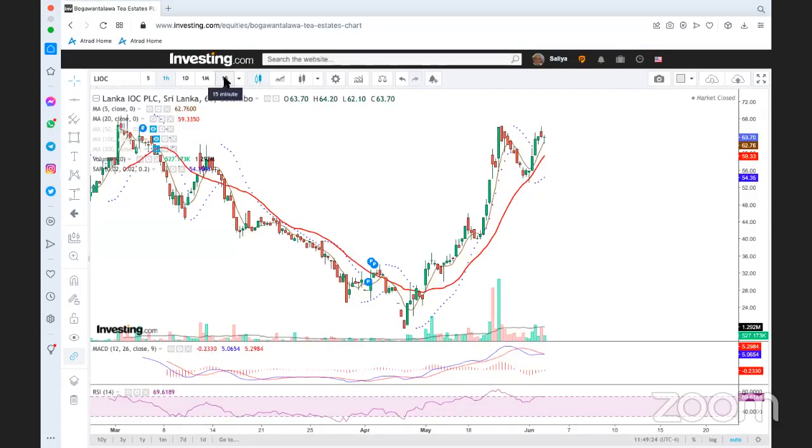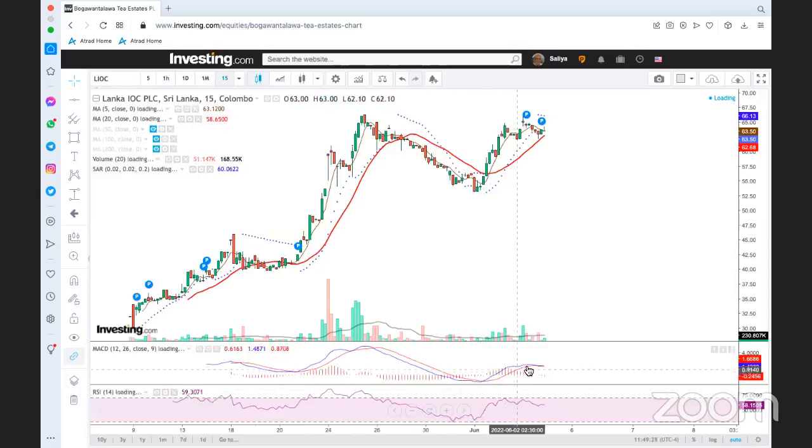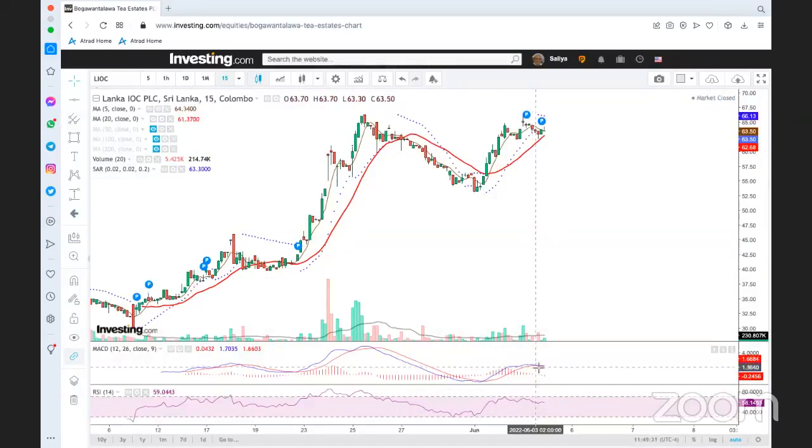As a result of that, we move to the 15-minute chart. In the 15-minute chart, MACD is bearish, PSAR is bearish, RSI is above the 50 points, right? Retracing from the top. So we need to wait for that. We need to wait for the signals to move into an entry position, right? So LIOC,